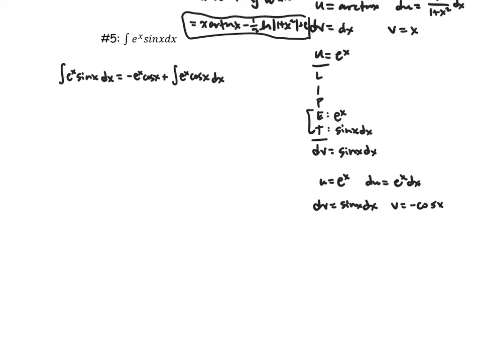It looks like, to me at least, I'm going to have to use integration by parts again. So I'm going to set u equal to, in this case, e to the x, and dv equal to cosine of x dx. So du, again, e to the x dx, and v is sine of x. So let's reconstruct this. You might already see the issue that we're going to run into, which is that this will never stop. But it will. We have a tricky way of doing this. Okay, plus. Now this integral